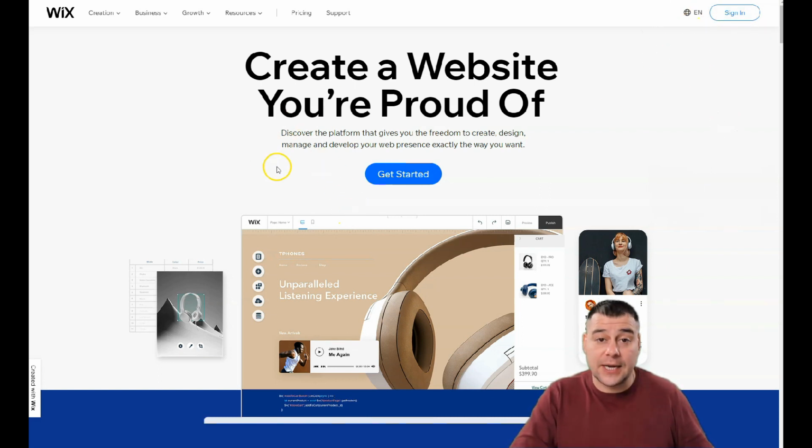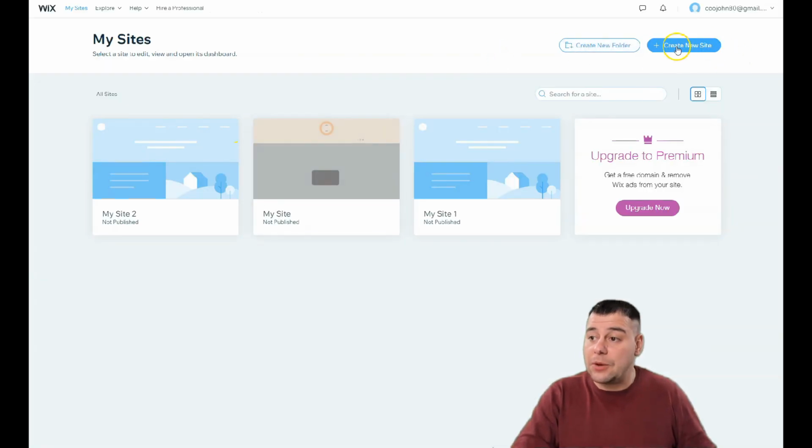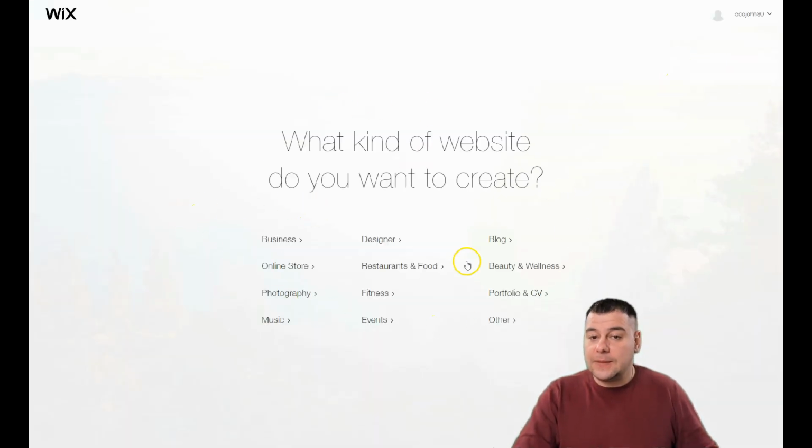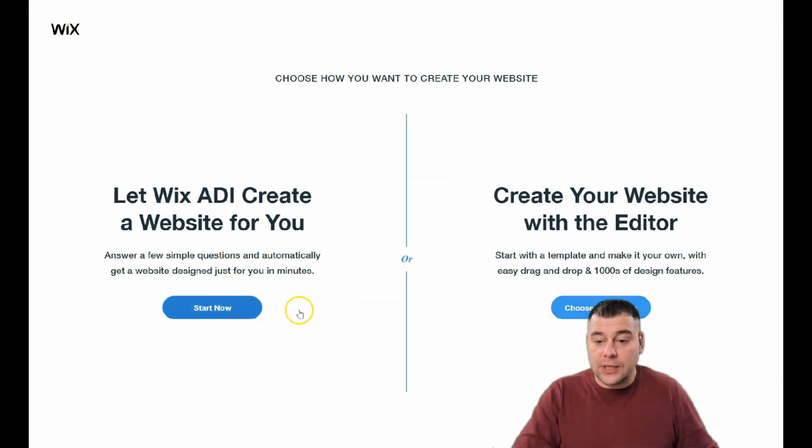Of course, you need to log in if you have an account. If you don't have an account, just make a new one. It's pretty easy and simple. When you're on the dashboard of this platform, you just need to press create website. The platform itself will ask you what is the purpose of your web page or landing page, and you can let Wix AI create a website for you by answering a couple of questions,